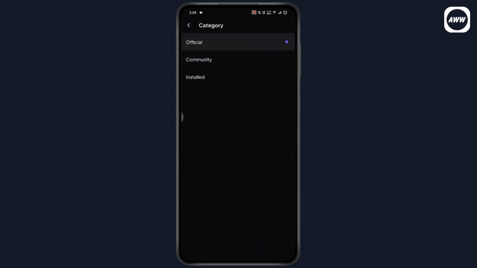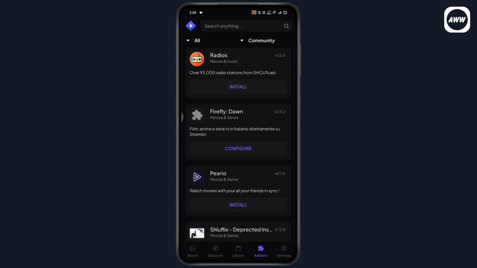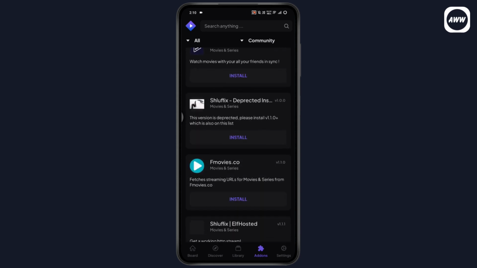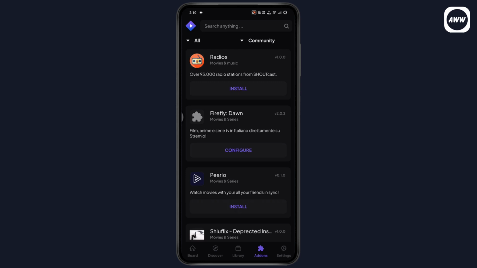And after that, the community add-ons. Here you will find third-party add-ons created by the Stremio community. You'll find a diverse range of options. You can simply go and tap on install. Once you tap on install, it will start the installation process, and you'll be able to just add that on